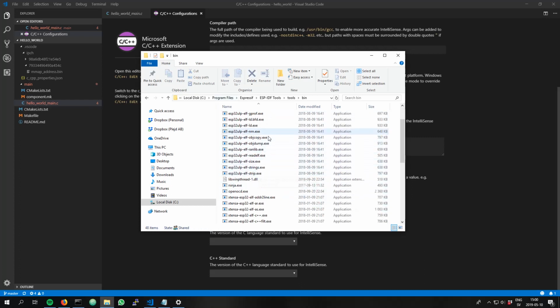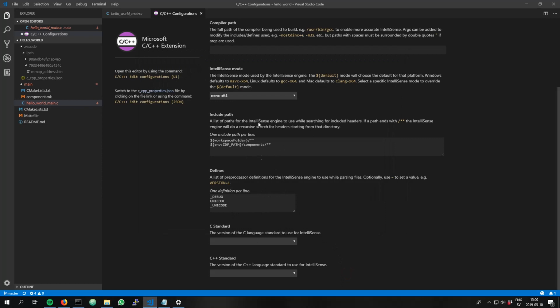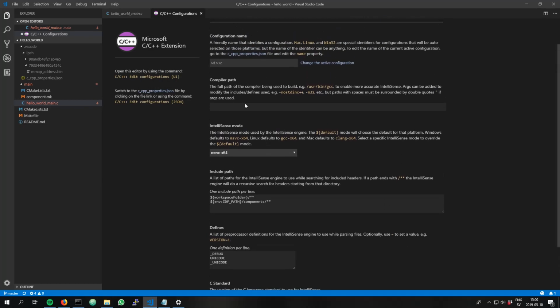And we can see here that here are all the binaries for our tools, and we find GCC just right here. So I'm just going to copy this path, and then we're going to go into compiler path, paste that in,